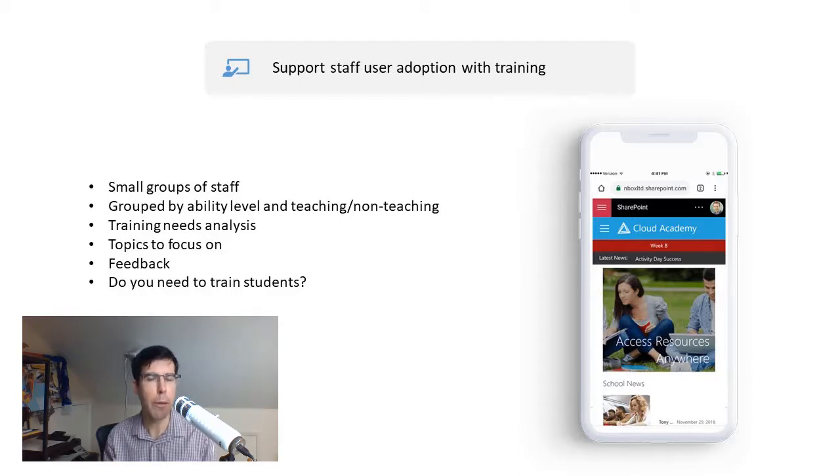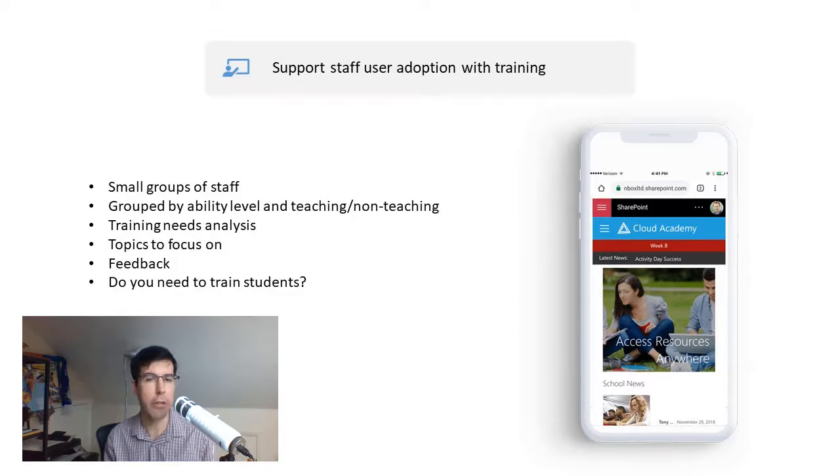Not everybody needs to focus on the same topics. So again, some teaching staff might do a deep dive into Teams assignments, while other staff might just use the basics of sharing inside SharePoint. So it's about planning out those topics. And again, it's not a one-off training session. You need to go back and train staff on other topics, give them refreshers. Again, make sure that everybody is happy and confident before you move on to the next stage of your plan.